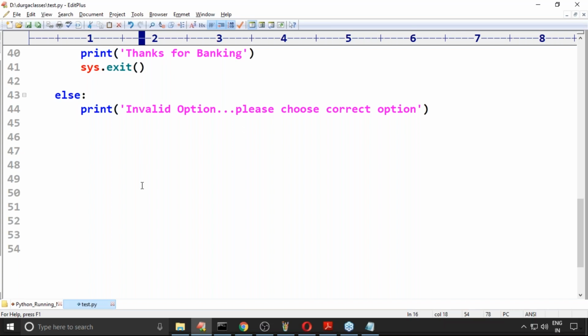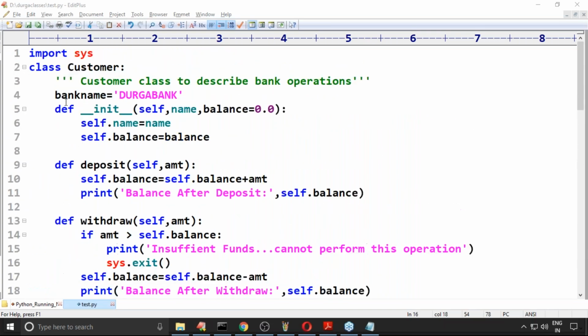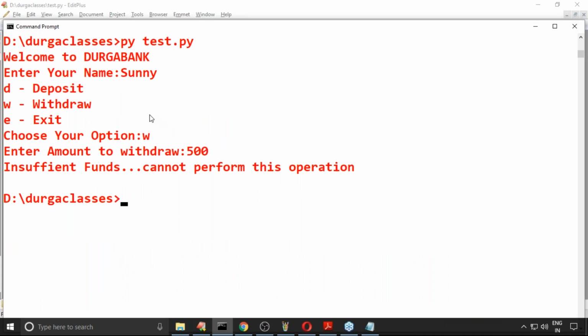You can write the logic also: minimum balance should be 1000 rupees, something like that we can do. Now if you want to persist this data: once the program is completed, automatically your balance, name, all the things are gone. Sir, I want to save this data permanently, so that even next time execution, the same balance is maintained. The continuation should be there, just like real bank operations. Then we require to bring a database into the picture.